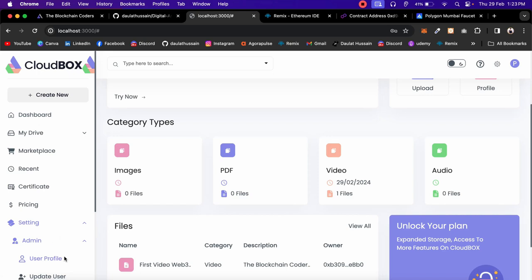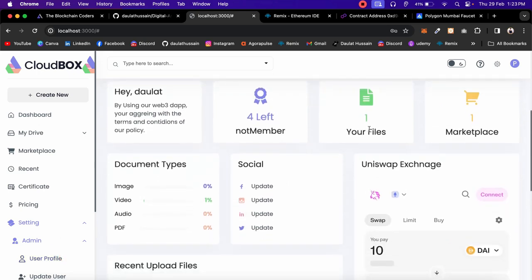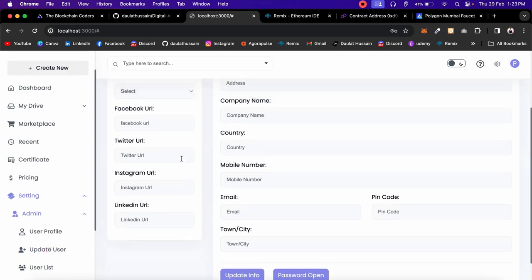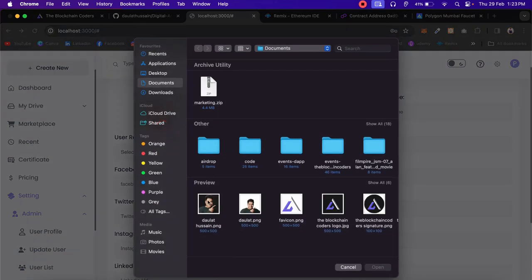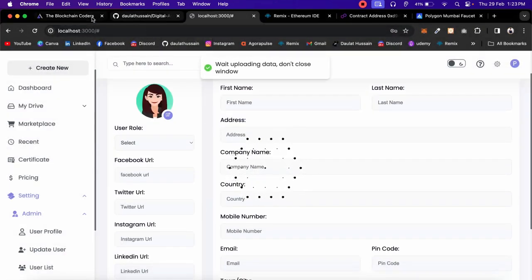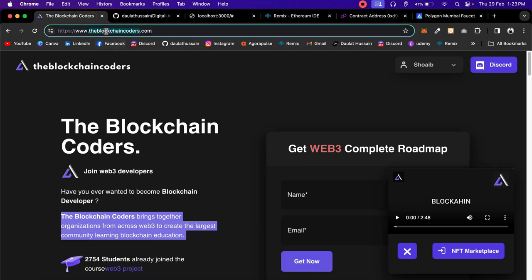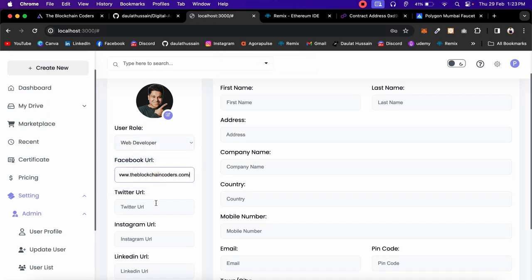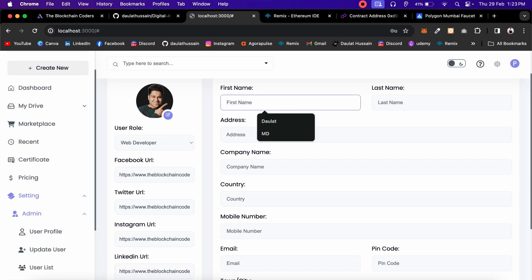Let me go to my user profile. There is 4 credit, 1 document created we have. Now let's update this information. So I'll select the user profile, and I'm going to take the URL from here. Come back to the application. It's uploaded successfully. I'm a web developer, blockchain developer, you can call it. And let's call this Daulat